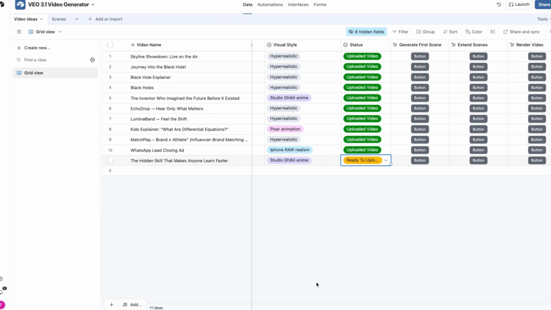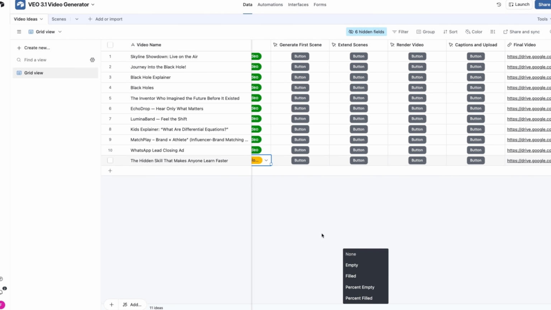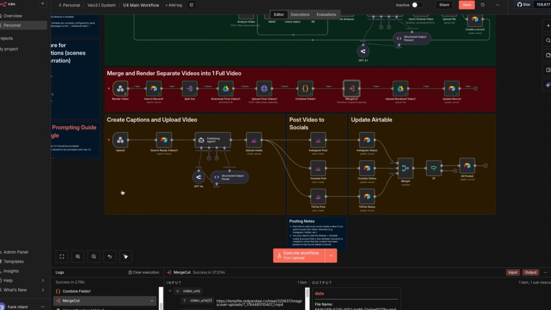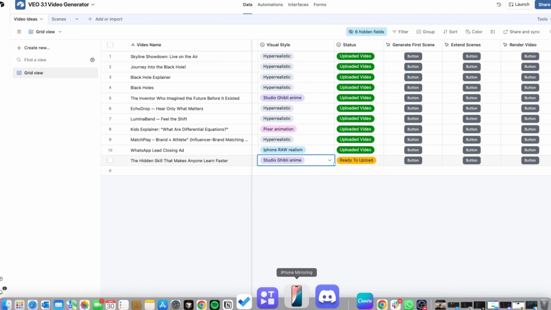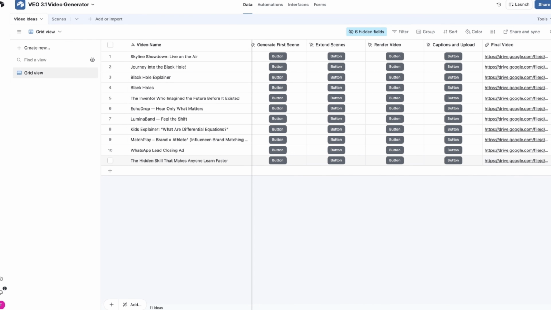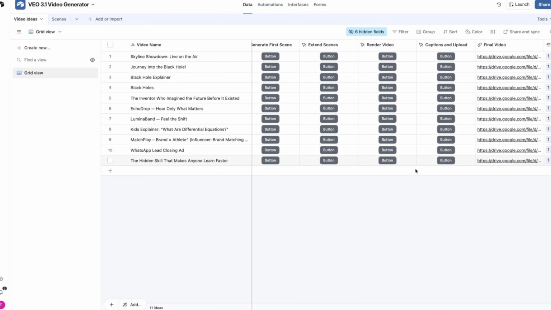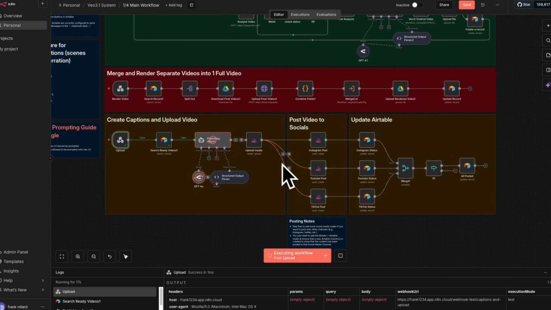So you can see it's ready to upload. Let's go ahead and do that. Let's go to the last part of the workflow. Make sure to select upload. Activate, make the webhook active so it can receive our signal from here. So let's hit captions and upload, press the button, and then it should activate this final part